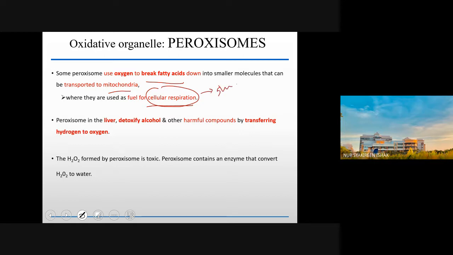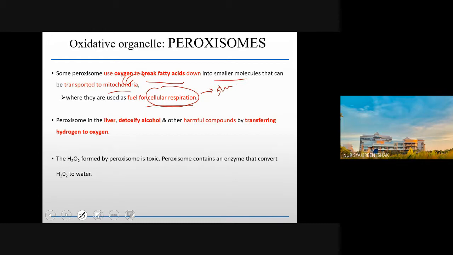Okay, but when glucose is absent in the cell, the cell will turn to fat as the source of energy. So the fat will depend on the peroxisome to be transported to mitochondria, to be broken down into smaller molecules, then it goes to the mitochondria to be used as fuel for cellular